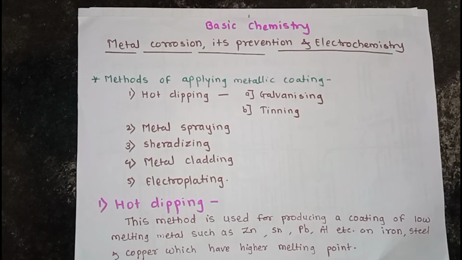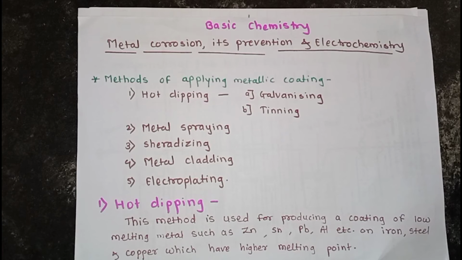In this session we discuss four different methods used for prevention of metal from corrosion. The first method is modification of environment, in which we modify some environmental conditions to protect the metal from corrosion. The second method is modification of properties of metal, in which we change some properties of the metal so that it gets protected from corrosion. The third method is electrochemical protection. The fourth method is application of protective coatings.